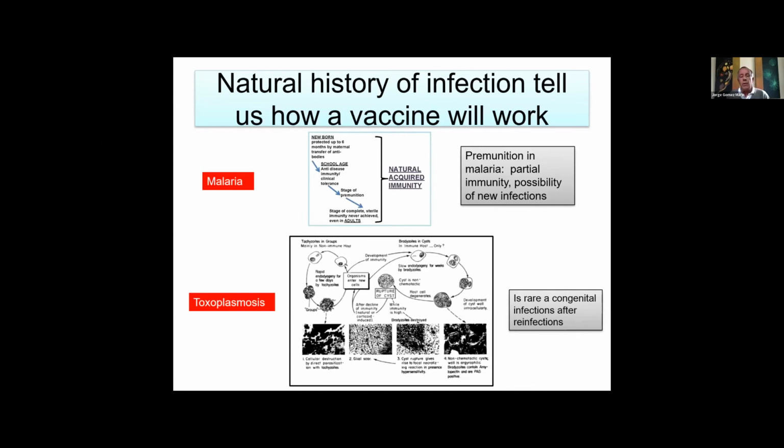In the case of toxoplasmosis, here I'm showing you this very beautiful diagram done by Dr. Frenkel, who discovered the life cycle of Toxoplasma, and he was a pathologist. And you can see here what is happening in the human in the case of immunity in a normal immune host that achieves protection, and then the tachyzoites become bradyzoites. So we are not able to eradicate the parasite from our tissues, but we get immunity against new infection,